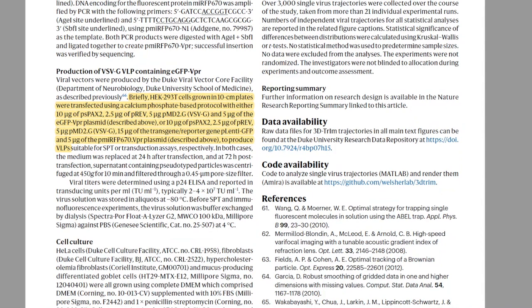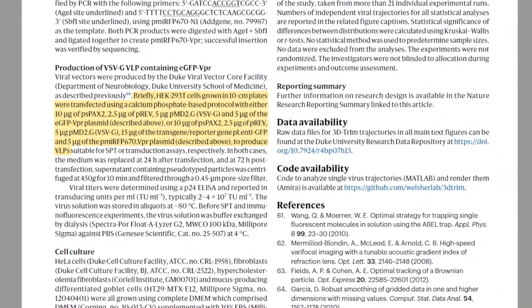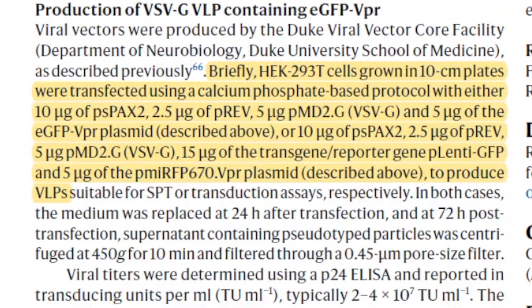And this is in the methods section that I wanted to talk about how these viral-like particles are made, because it's quite an impressive endeavor. And so this highlighted portion kind of gives the meat of the matter, and it's very confusing to read. So I don't want you to read this here, but I did look up what these things are to verify, and I will tell you exactly what's going on here.